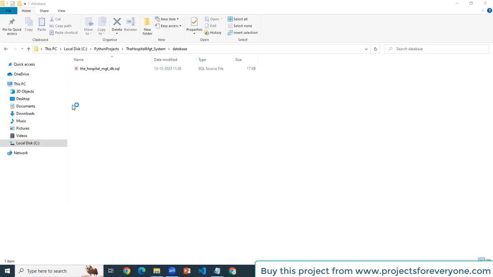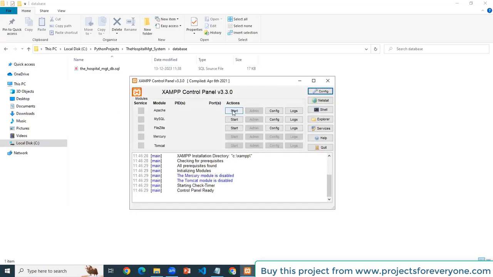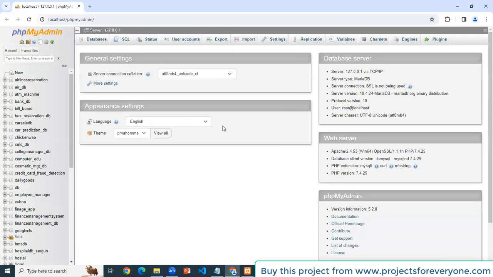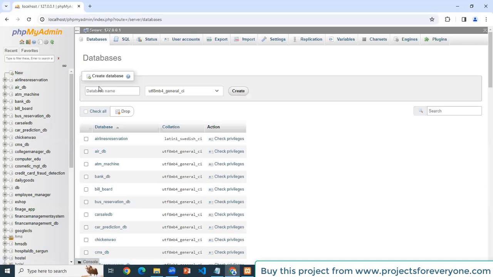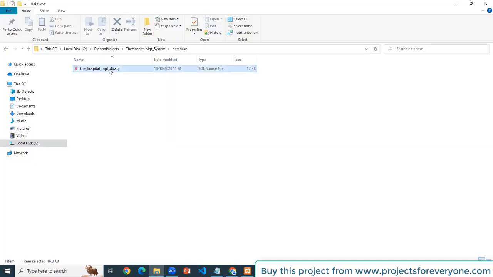Now open XAMPP. Click on Start of Apache, click on Start of MySQL, and then click on Admin of MySQL. Here we have to create a new database. Now copy the name of the SQL file.